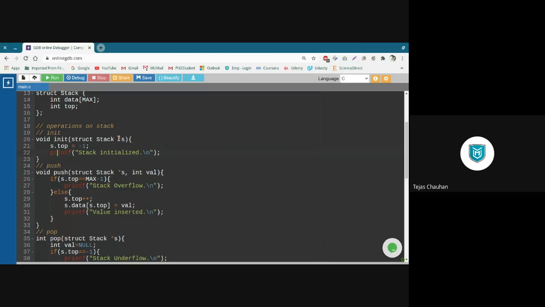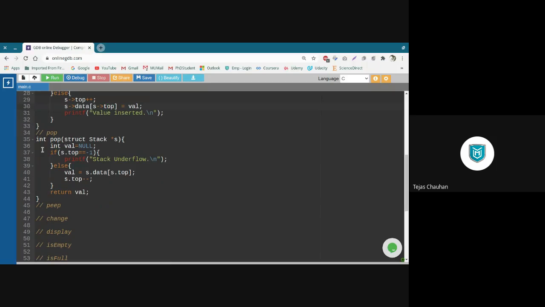But when you have a pointer variable of a structure, then instead of dot, you need to use the arrow operator. So I need to change this at every place. Instead of dot, we need to have the arrow operator. And that I have here.